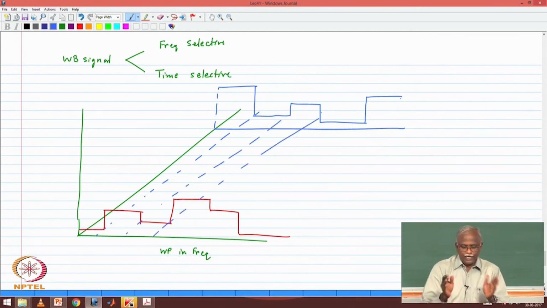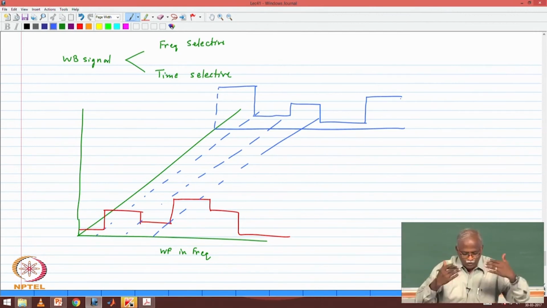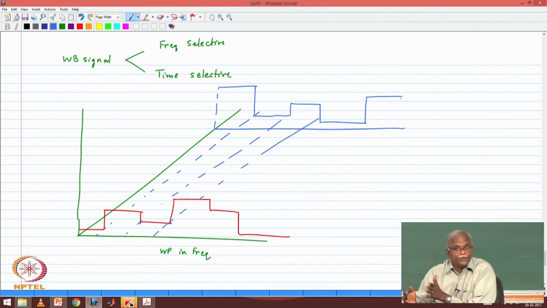And you can see that the water filling is not a single water filling, but you are constantly adjusting the water filling as time progresses. So for each time snapshot, you are doing the water filling. Okay, and you are doing water filling over frequency as well, because it's a wideband signal which has got frequency selective fading. So if this is the time axis,